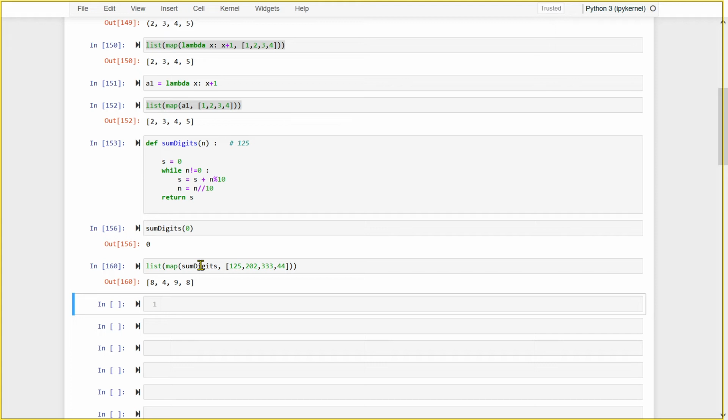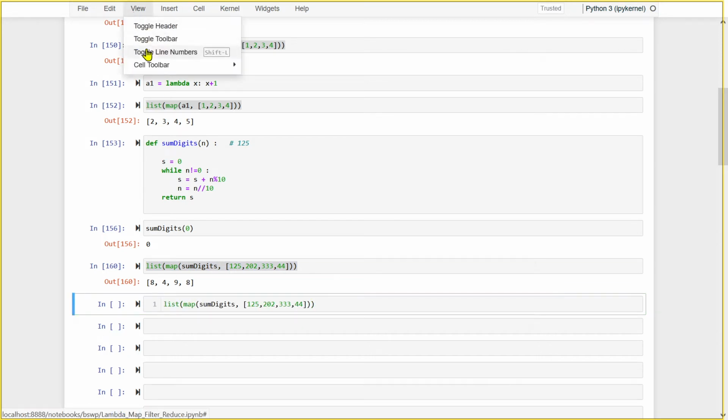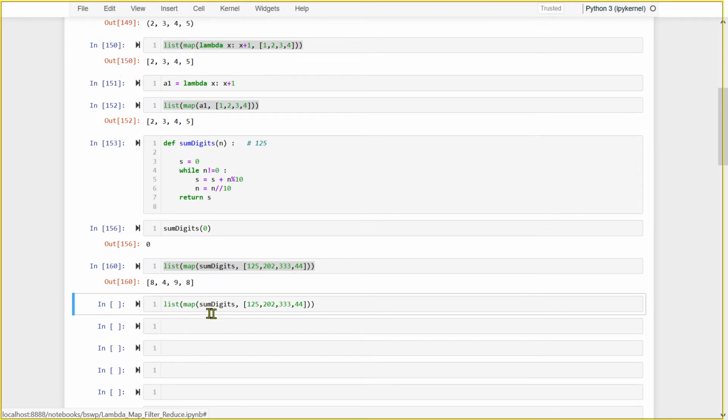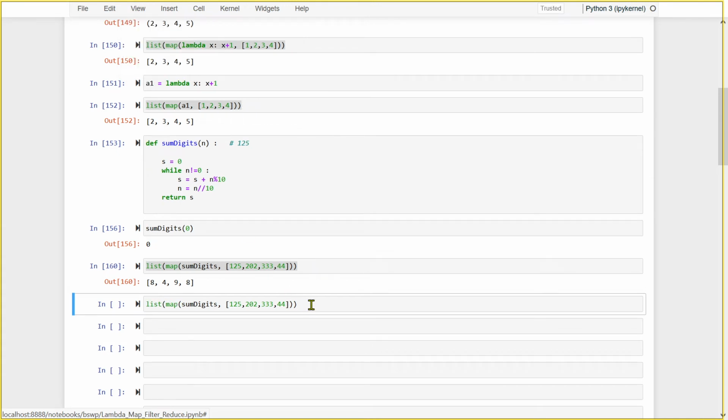Done. Now see filter. What will the filter command do? I will bring the same thing over here, and of course compare with map.